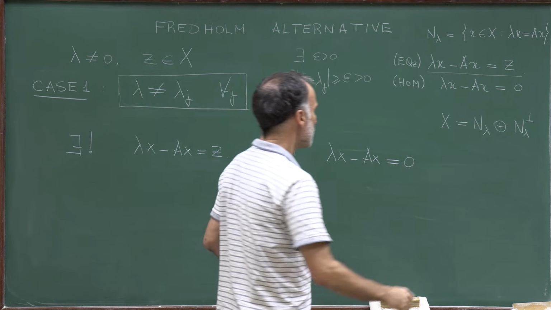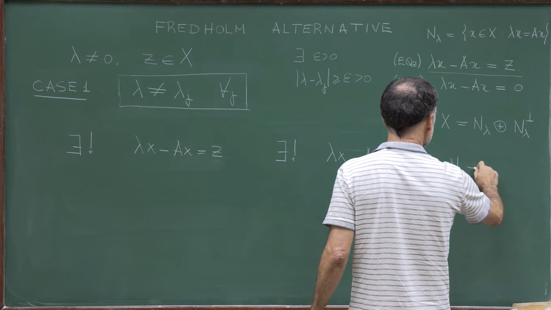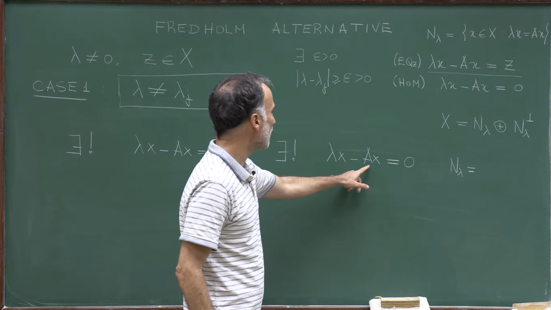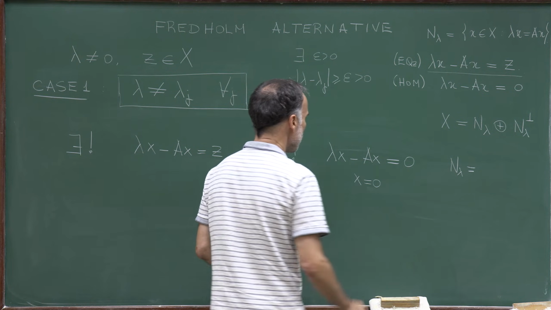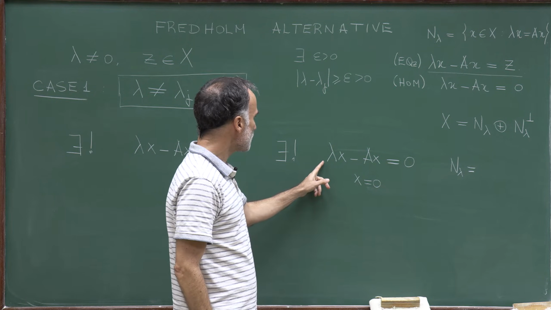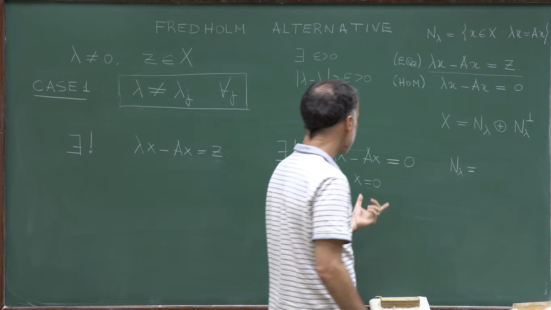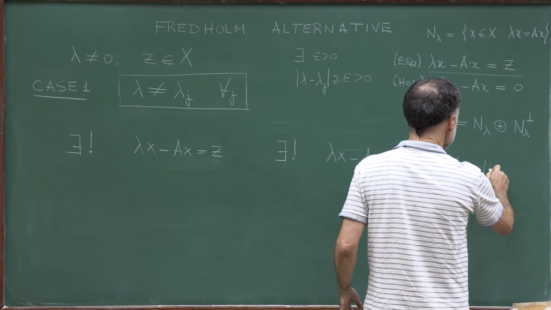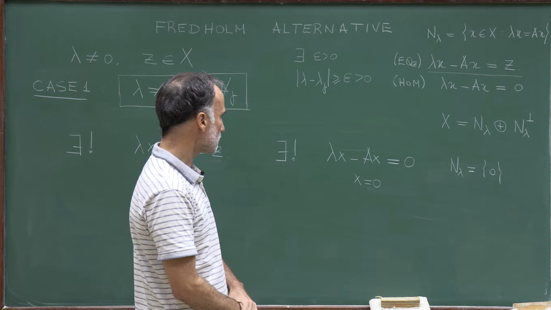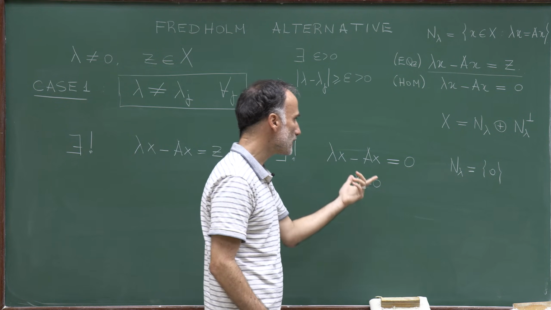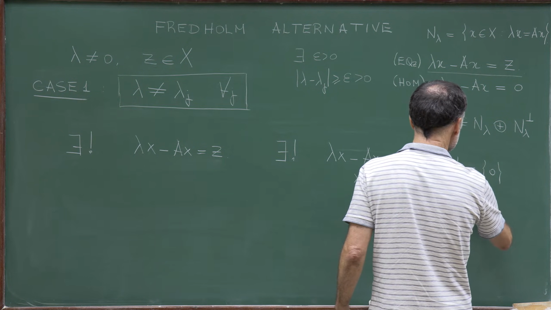This means, in particular, that the null set N_lambda, and this solution is x equal to 0, right? So this is telling us that the null space of the operator lambda minus A is the point 0,